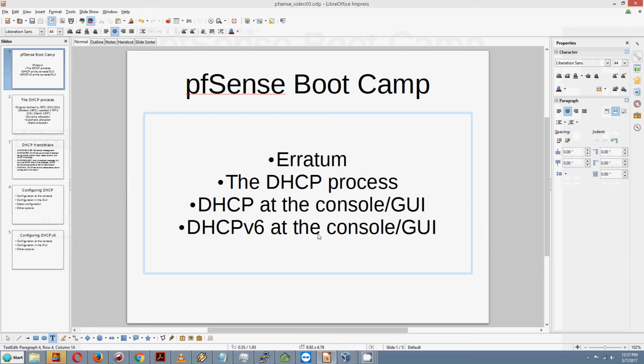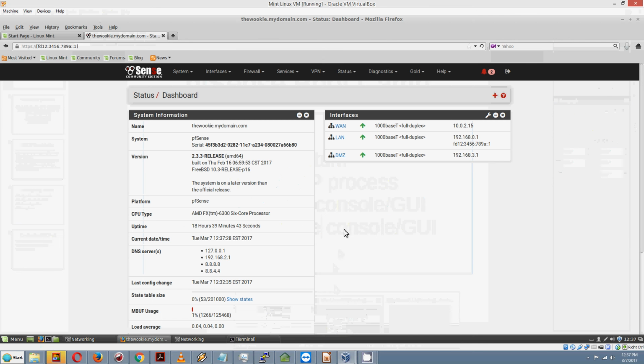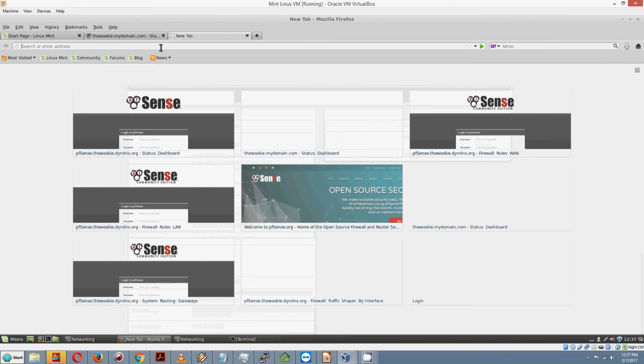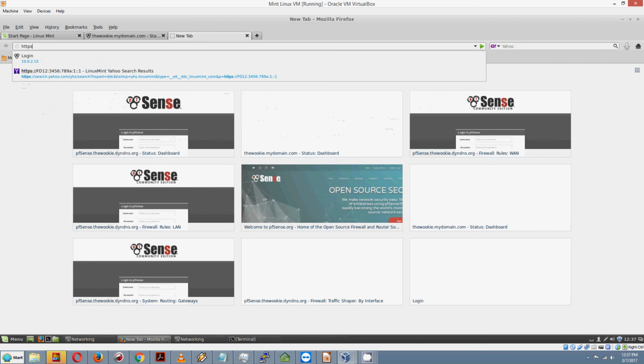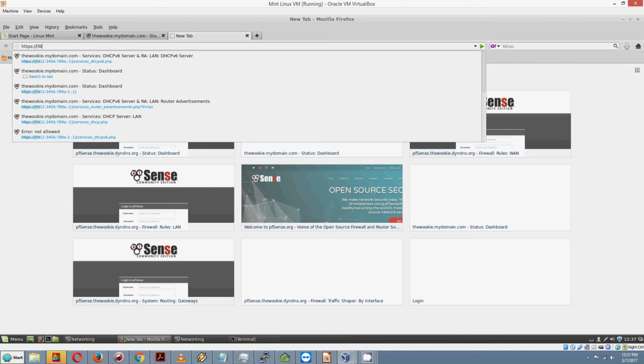So, first, an erratum from the previous video. In the previous video, I was having trouble accessing the pfSense web GUI from Firefox using an IPv6 address. And what I discovered was the problem was that you have to enclose an IPv6 address in square brackets. So right now I typed in https colon, open square brackets,